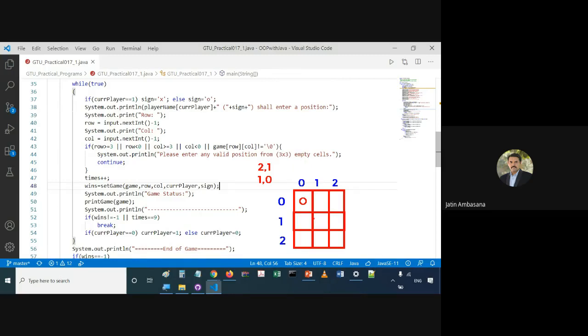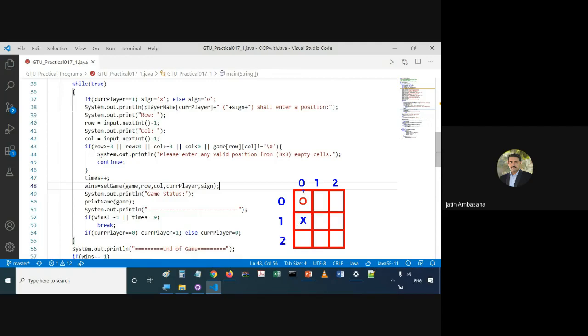So first, we simply put the value X over here. Then we check whether this whole row is equivalent, whether the whole column is equivalent.